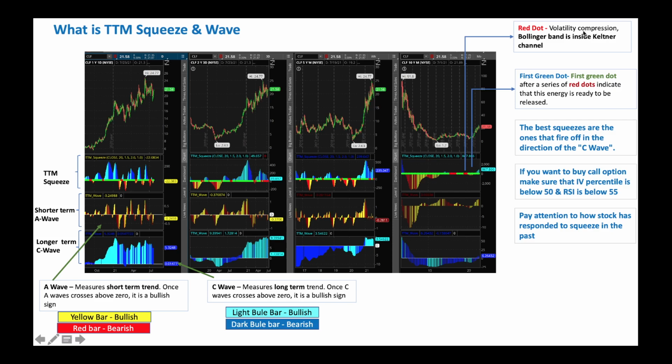So like we talked about, red dot indicates tight compression of volatility. Bollinger Band is within the Keltner channel. Look over here, we got tight compression, and afterwards if you look through here, we got the longer term C wave below zero, and as you see here, it became dark blue here, became shorter and shorter. That's when we got here higher, or a bullish, stock went up, because bar became shorter and shorter here,